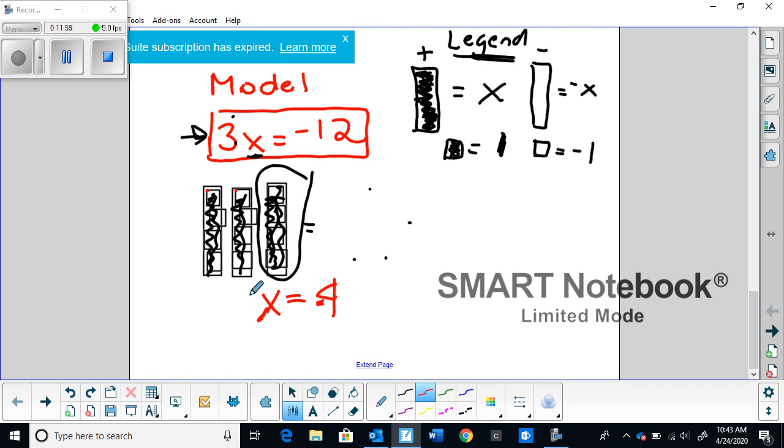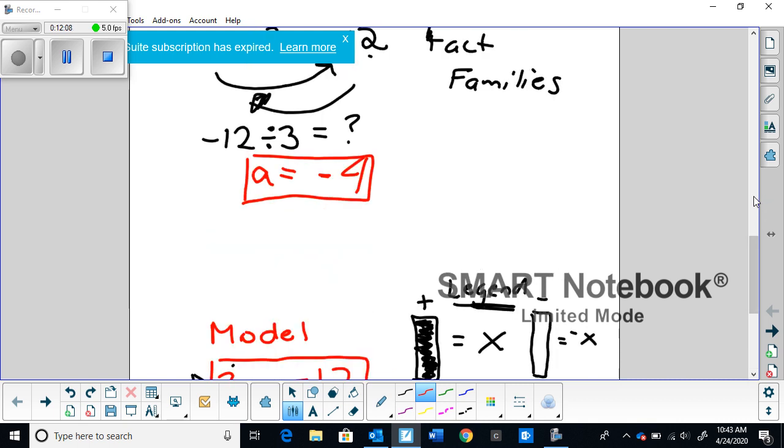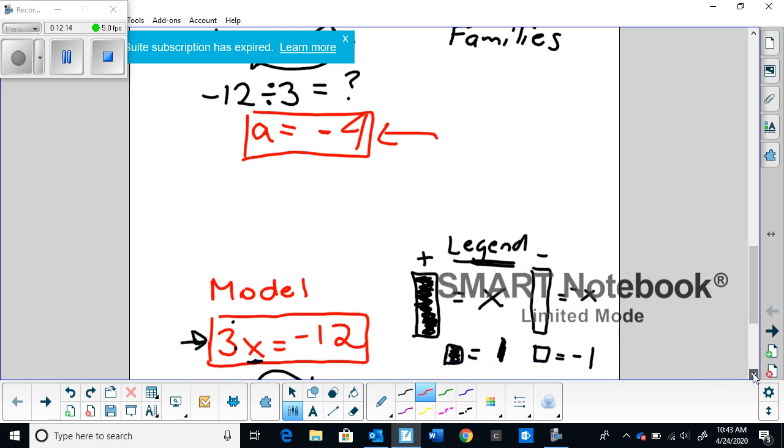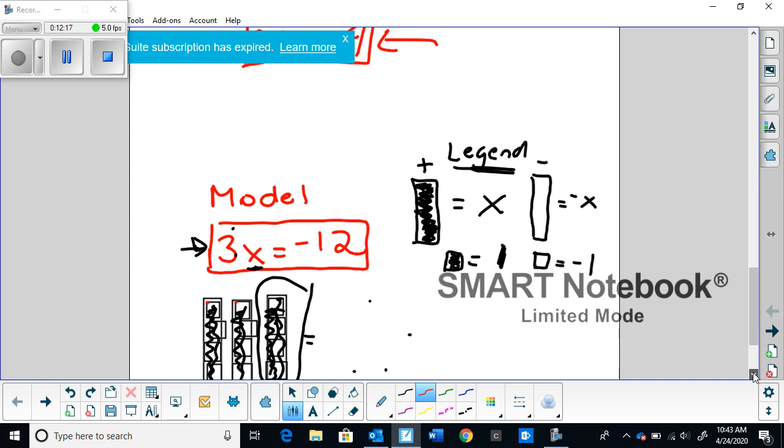So it's actually x is equal to negative 4, which if we go back up here, that's what we found before too, right? X was equal to negative 4. So we know that we did that correctly with our model. All right, so